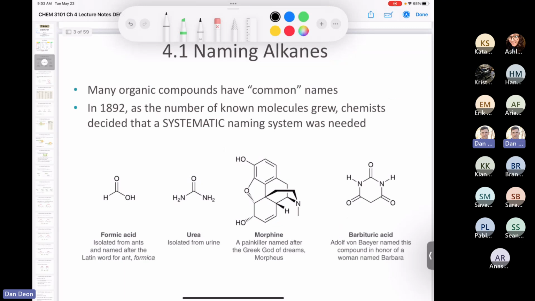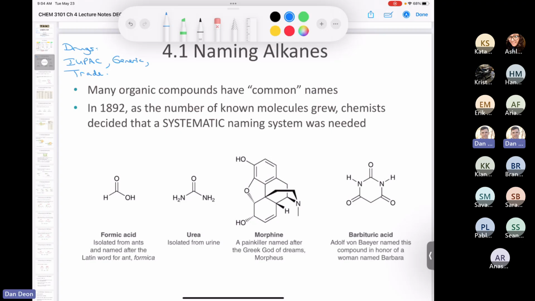If you're wondering about naming alkanes, I'm going to give you a systematic way to name alkanes in just a second. But just so you're aware, there are all kinds of names of organic compounds that are just historical. Somebody gave a name and it kind of stuck. For example, any marketed prescription drug is going to have an IUPAC name, which is a systematic way of naming it, but it's also going to have a generic name, and then also a trade name. So we use different ways to describe drugs. But that's kind of another subject.